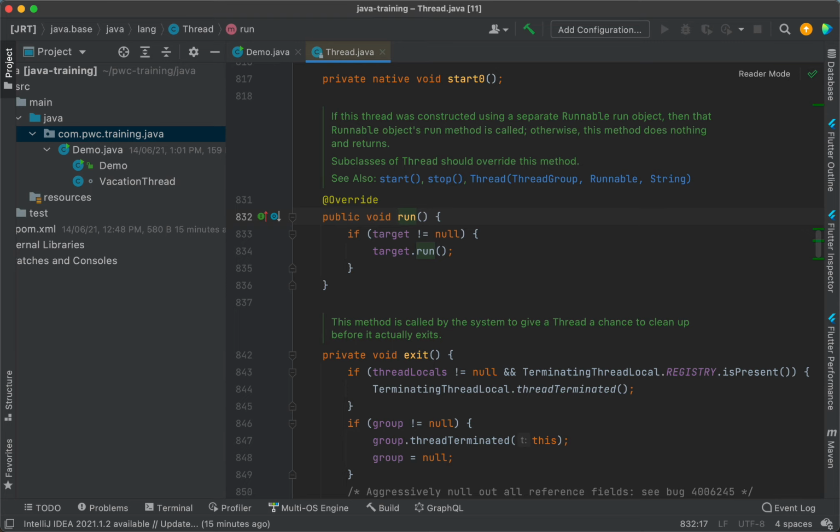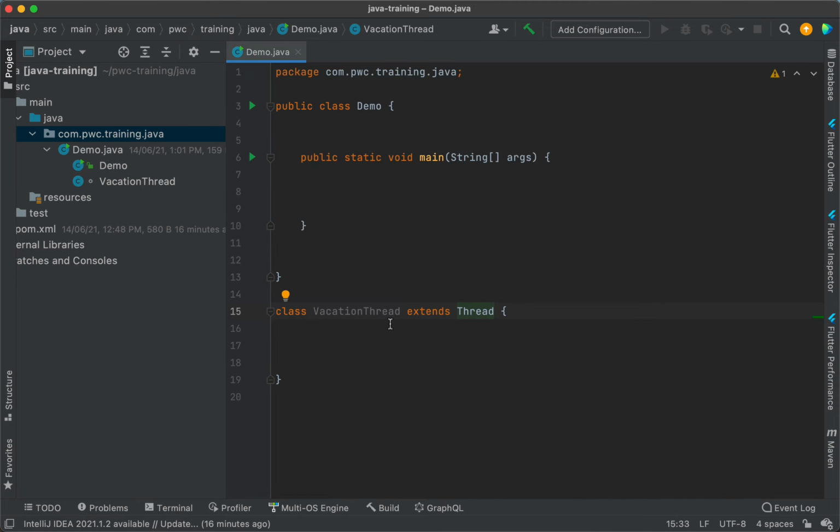Interesting stuff. I'm repeating once again. You never run a thread, you start a thread, and when you start a thread, it automatically ends up executing whatever you have written in the run method. So this is the run method, which is the default implementation. I will call it that, because I did mention that I am very particular about making statements. Each and every term that I use, or statement that I make, is extremely important. You must catch that. Okay, so this is the default behavior.